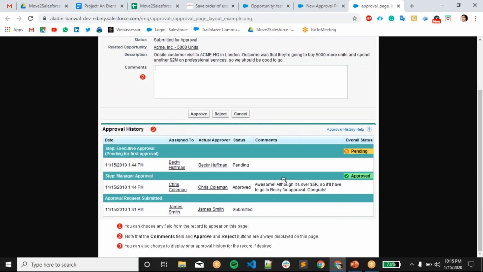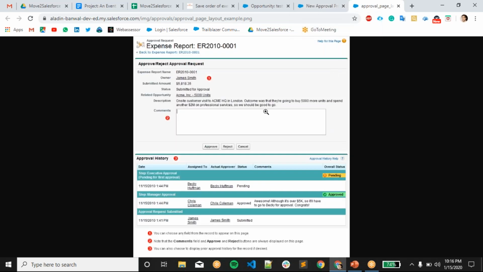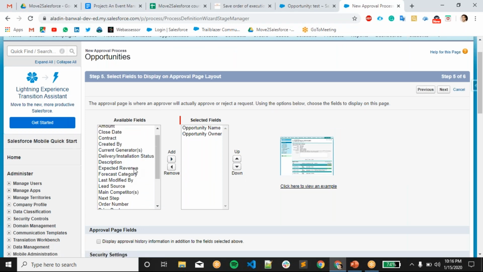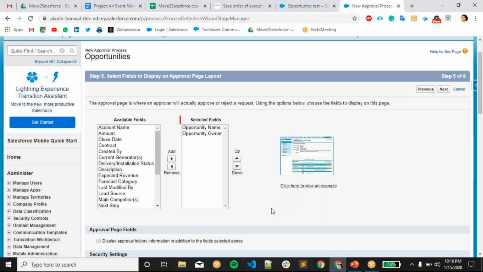And history also we can display to that approver. Before this, on this record, if any other approval history is there, then it will be displayed over there. So we can choose how many fields. Right now, I'm not going to choose anything.